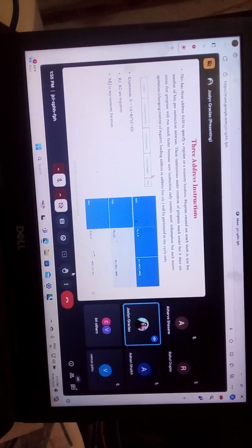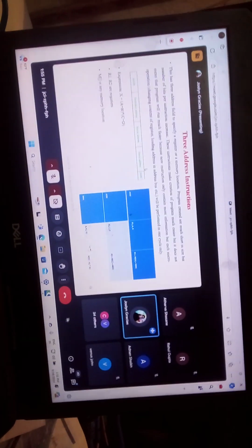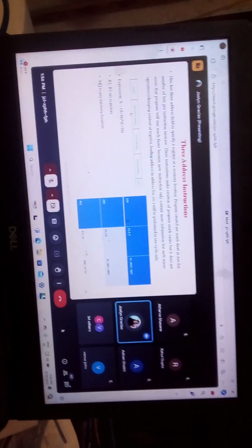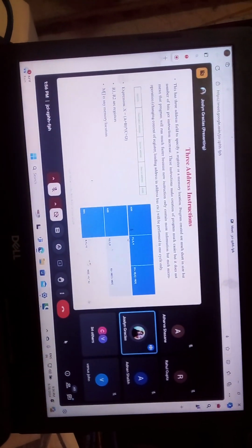Yes, ma'am. Okay. Then you have three address instruction. So now you can see there are three addresses, meaning you have two source addresses and one destination. Here, add R1, A, B: it is going to add the contents of A and the contents of B and put the result in R1. Okay? So this is three address. You are given three addresses: the destination and two sources. Two source addresses and one destination, that becomes your three address instruction.